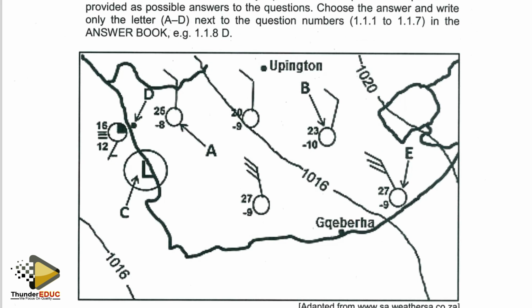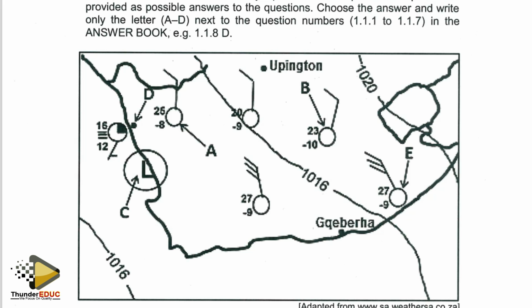We try to check again on our synoptic map. We see that station B is located here, and the pressure for this particular weather station is not indicated for us. We need to use map interpretation skills. We check the isobars closer to that station. If we check our isobar here, we have an isobar with a reading of 1016 hectopascals, and we have our station B as we go to the north